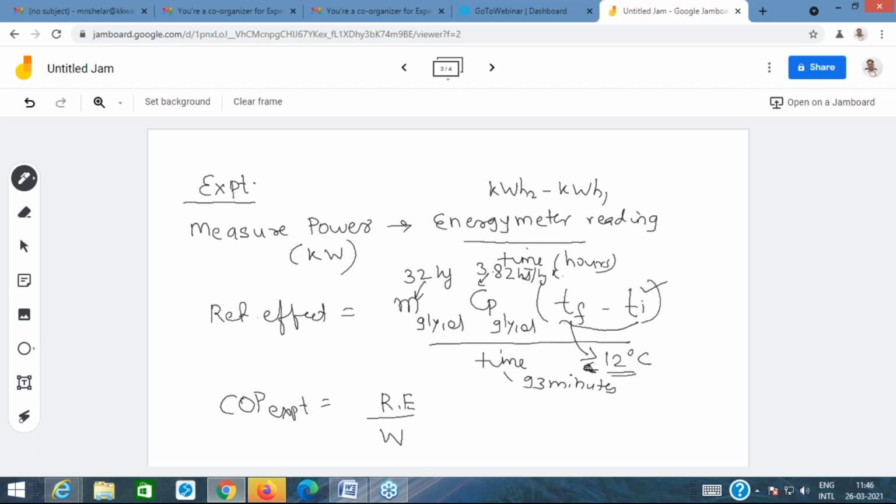What was the initial temperature of the glycol solution? What was the final temperature of the glycol solution? Then what was the mass of the glycol solution taken, and what was the time duration? Then we would require the energy meter reading initial, energy meter reading final, and the time duration. So time duration is 93 minutes or 1.33 hours, and that gave us the capacity, and you can convert this minutes to seconds,